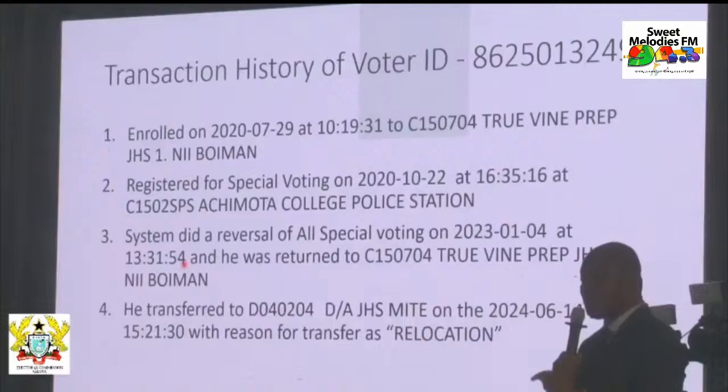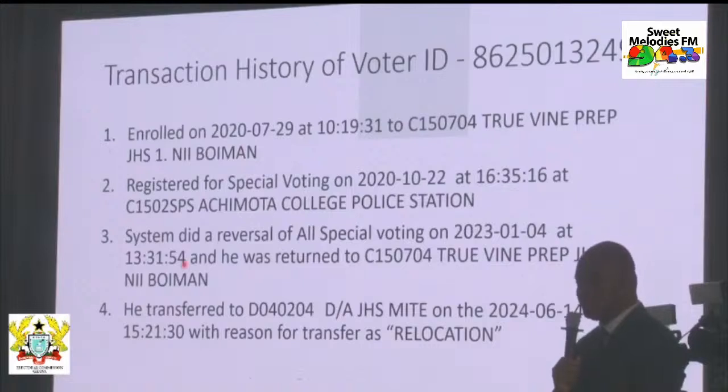So the record is there. It's not a doubt. It's verifiable. We went on further and looked at the transaction history of this particular voter within our database. He was enrolled on the 27th of July 2020 at 10:19 a.m. at the True Vine Preparatory School, JHS, New Boyman, with polling station number C150704. This gentleman, on the 22nd of October 2020, at 4:35 p.m., registered for special voting and was moved to